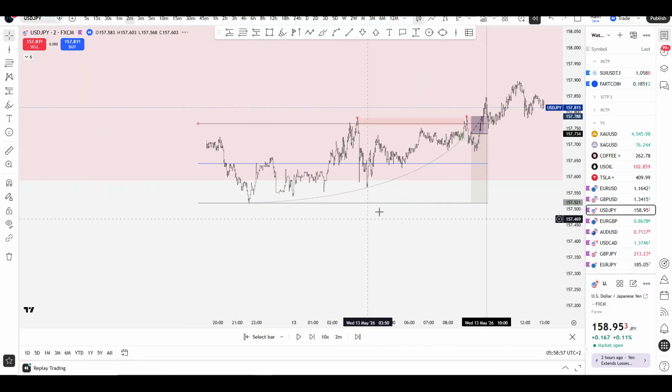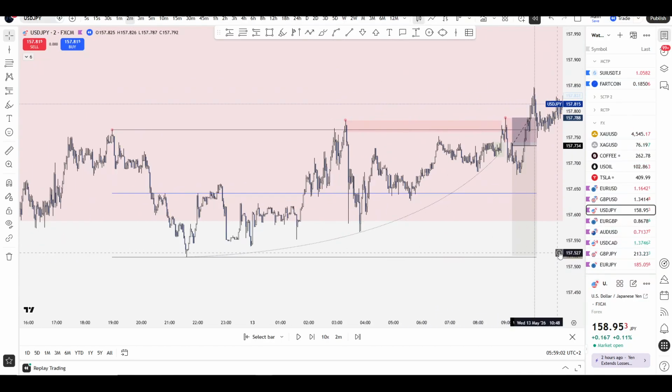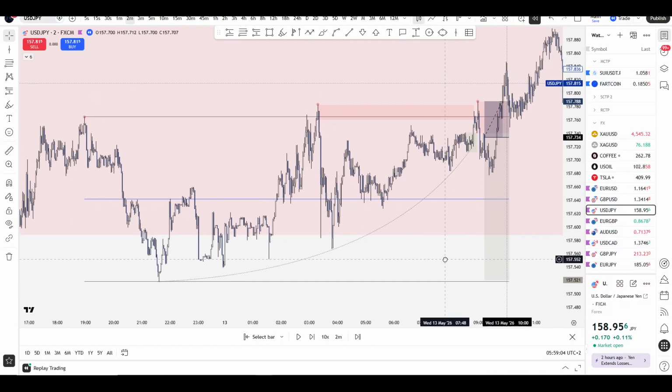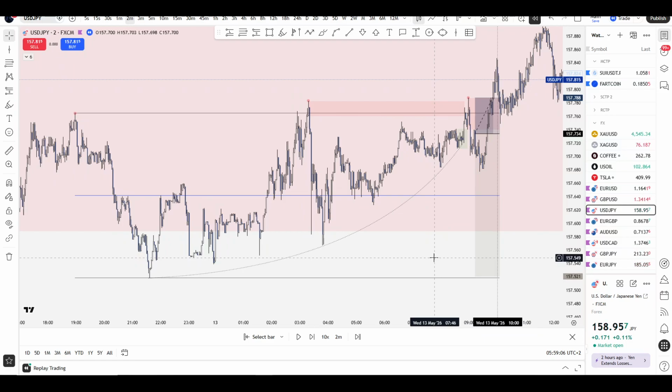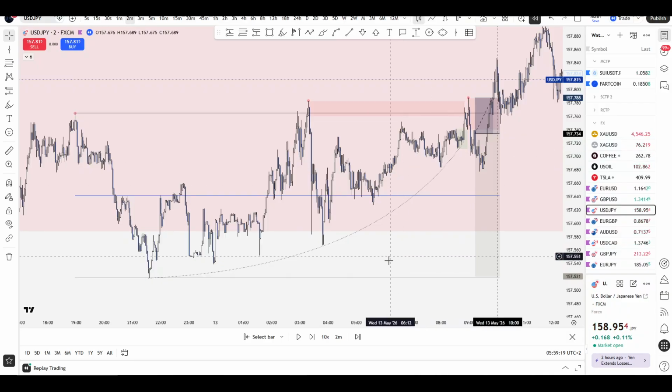What I really disliked, and I entered only with a 0.5% risk here. I don't trade Forex with a whole percent because I'm not that used to trading Forex. I usually only trade crypto. And now comes the thing. I entered this trade here,